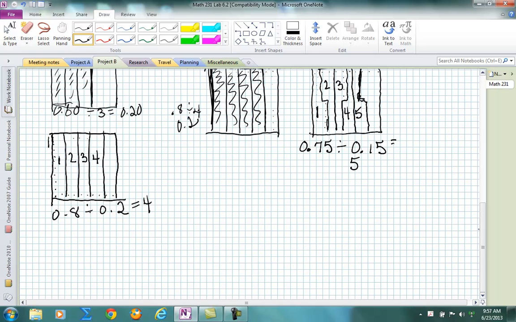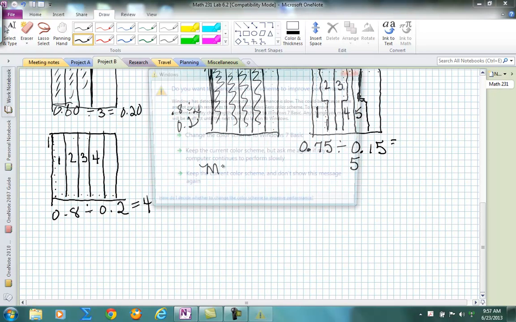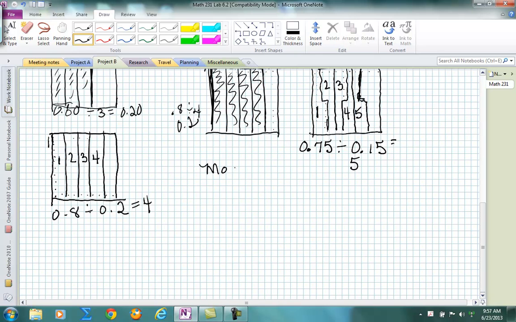But I would like for you to model the multiplication of 4/10 by 3/10, 1 and 4/10 by 1 and 3/10,